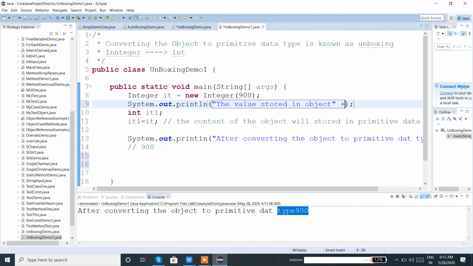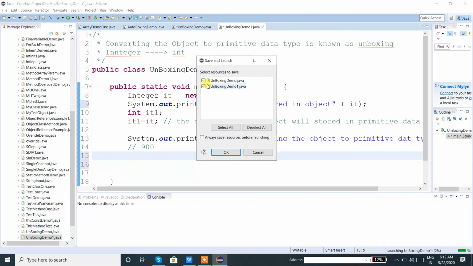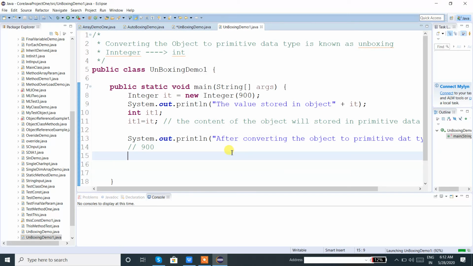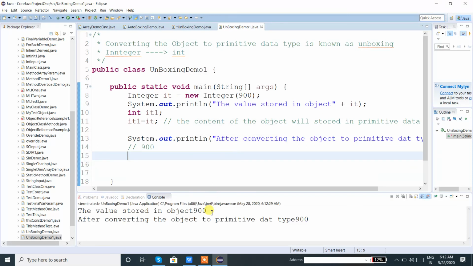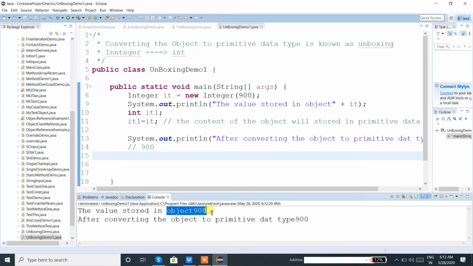So how can I see the value stored in the object? Just print it. Fine. Now let us execute to check whether we are able to get the value stored in the object or not. Yes, we can also fetch the value which we stored in the object.